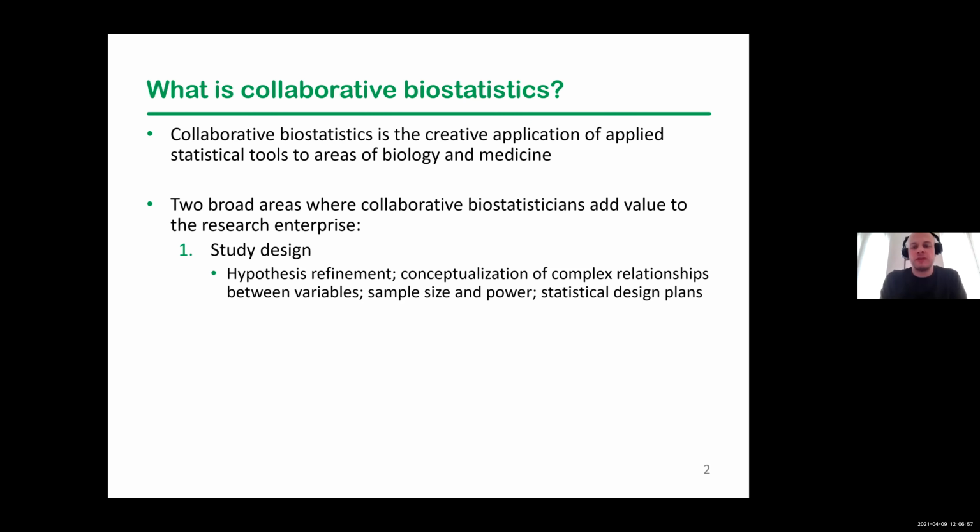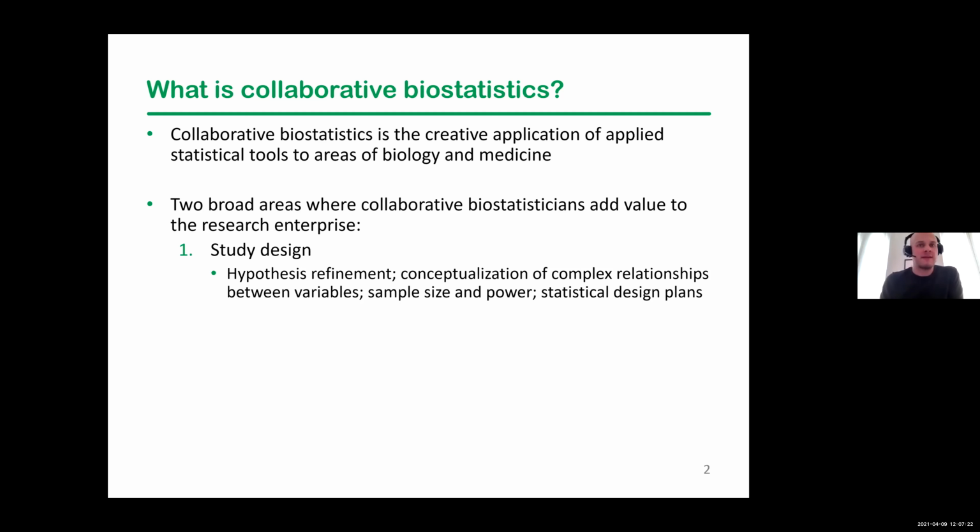The first is really study design. So people, and I'll get to this more in the presentation as we go, often come to us fairly late in their research processes. And I think that can be a hindrance to them because we really have experience and expertise in all facets of the research process. And study design is critical because so much of what you can do and the conclusions you can make in your research stem or start with the study design.